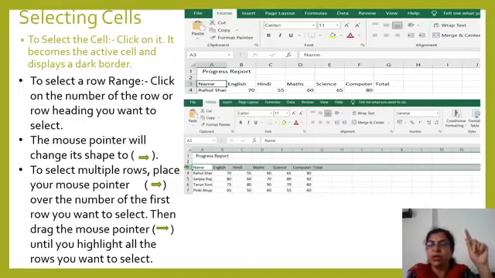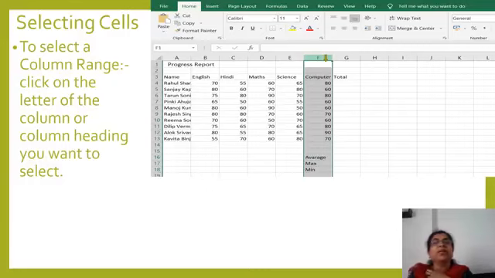Bring your cell pointer on the row number first, from where you want to start selecting the rows, and then go on dragging it over the numbers. Suppose 3, 4, 5 you want, then drag it on 3, 4, 5. So all those rows will get selected. Okay. Now with the selected rows, we can do many things. Now selecting cell.